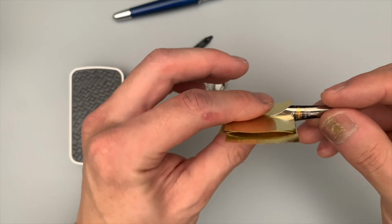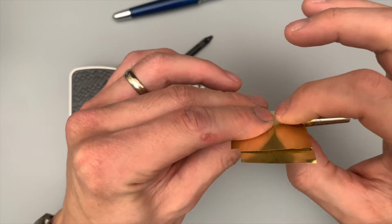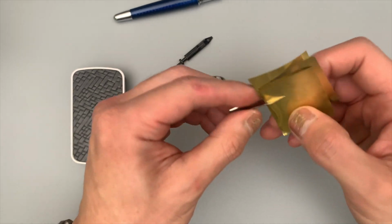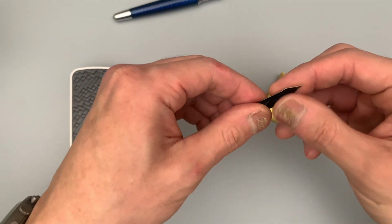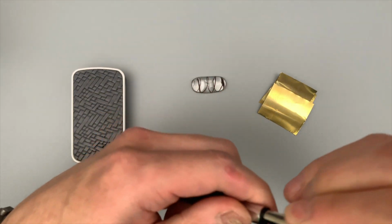I'm going to let the tension gently spread open the tines evenly up and down. I don't want a Y shape happening with the tip of my tines. And then I'm going to remove them all, and then I'm going to test again. What I find in my experience, 3 to 4 shims is enough to improve the ink flow to a satisfactory